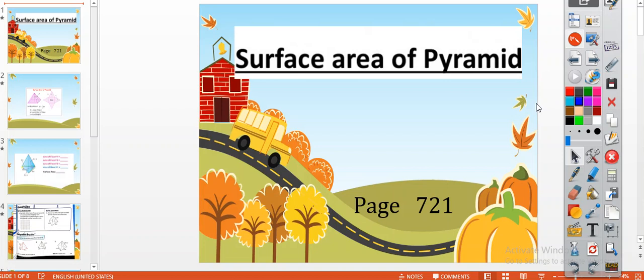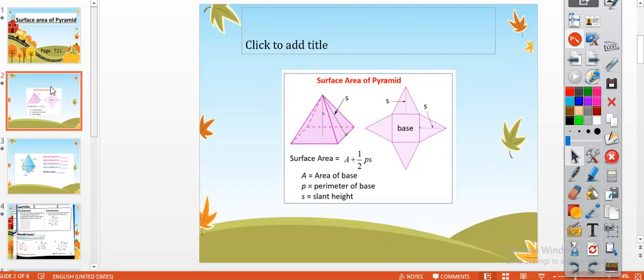Well, today we're gonna learn how to calculate the surface area of a pyramid. This is lesson 14, lesson 3 in chapter 14, and the page is 721. Well, when we say the surface area of a pyramid, it means that we will calculate the area of all the faces of the pyramid. And as we also said before, the pyramids that we are covering in this chapter are